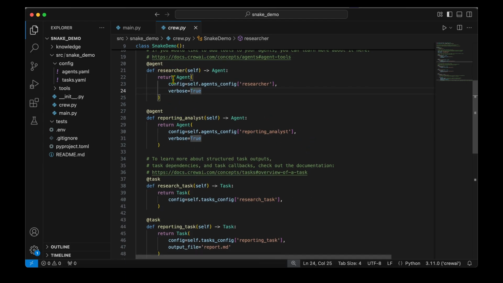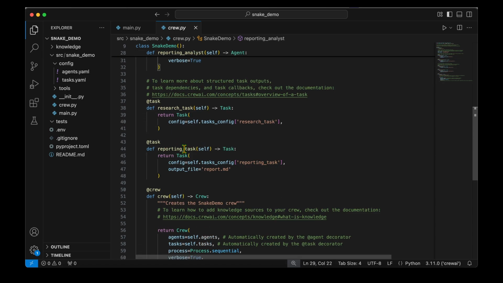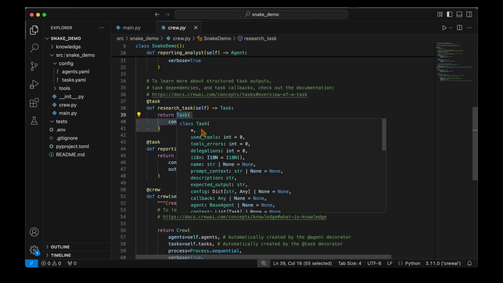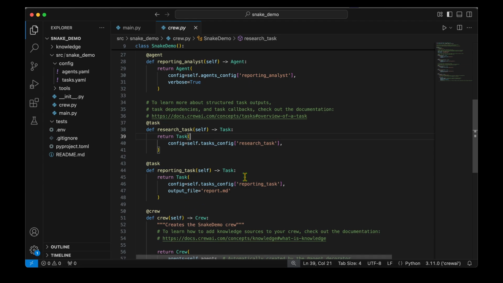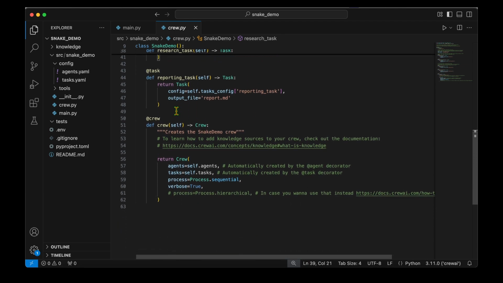Similarly, we can create many other agents. In this example, we've got the researcher agent and we've got the reporting agent. And there are tasks which are created again by using the task decorator, and the function returns a task object. Now that we have seen how we can create the agents and also the task, we'll have to create a